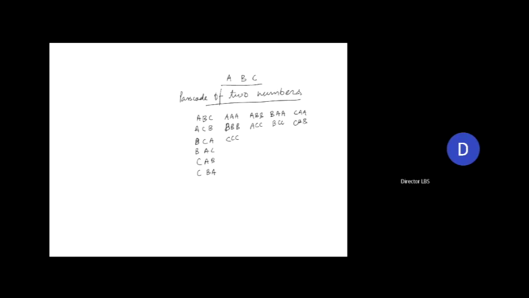Oh, sorry, a passcode of 2 letters. I'm extremely sorry. I just generated the passcode of all 3. Let's do it this way. It could be AB, AC. Then it could be BA, BC, CA, CB. Then it could be AA, BB, CC. That is it. Any other passcode? Can somebody tell me? No, sir.